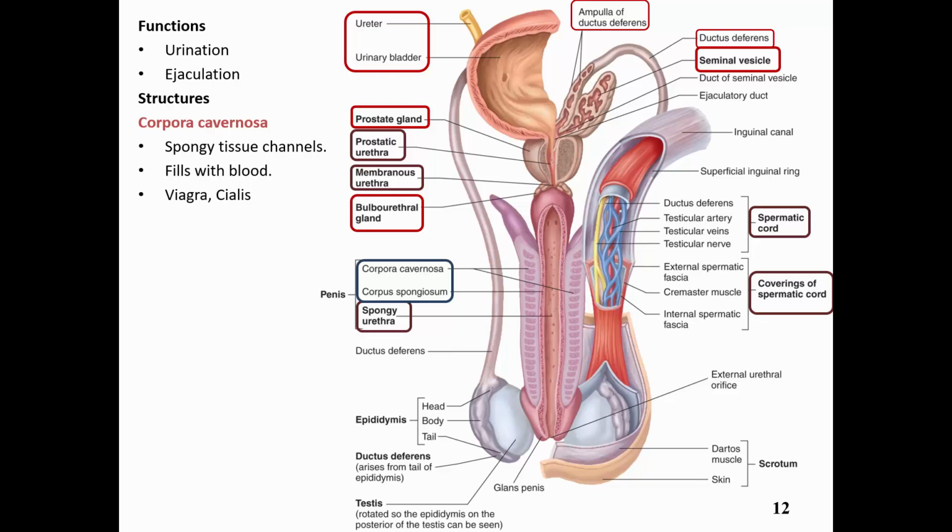Males experiencing what's called erectile dysfunction can take medications such as Viagra or Cialis, which affect the cardiovascular system. These two brand names of drugs function to vasodilate blood vessels, and in doing so, that would increase blood flow into these caverns, through this outer layer of the